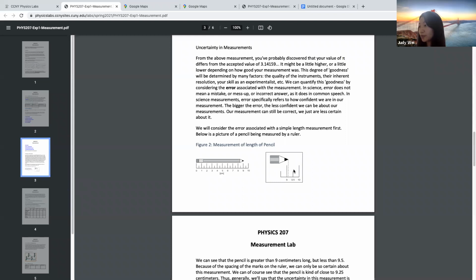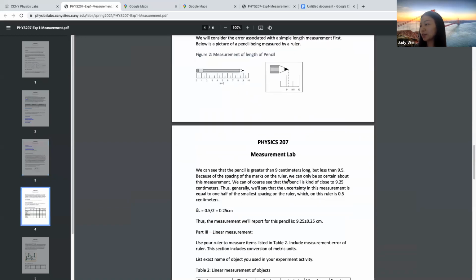So there is only one thing we are very sure about: the length of the pencil is smaller than 9.5 and bigger than 9 centimeters, I assume. But we don't know. Then if I ask you to give me an answer for the pencil, everybody has a different answer. There could be 9.1, 9.2. We don't know because everybody has a preference. So that's why I want to tell you there's